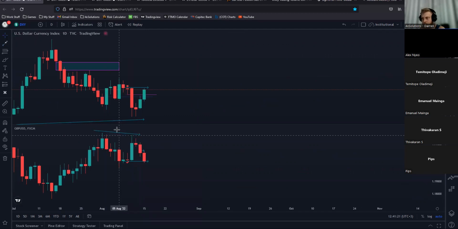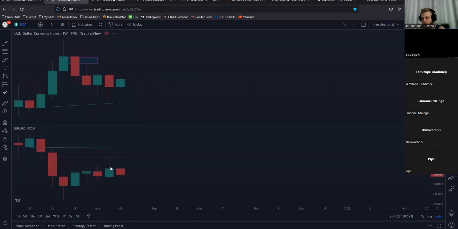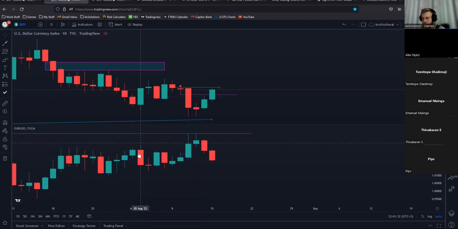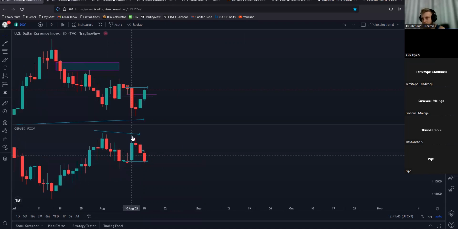When this happened, it was clearly seen that GU was under distribution, because if we look at that same move on EU on that daily chart, there was also a large move to the upside, but EU was able to break out of its consolidating area and make higher highs in this up move. But if we look at GU, it was not able to make higher highs here. We can clearly see that there is this move that is non-symmetrical, that this is the low of this high, and this high is this low. So there was a lower low,